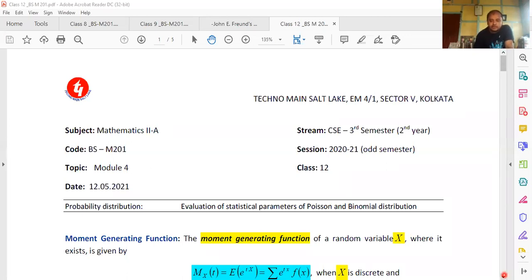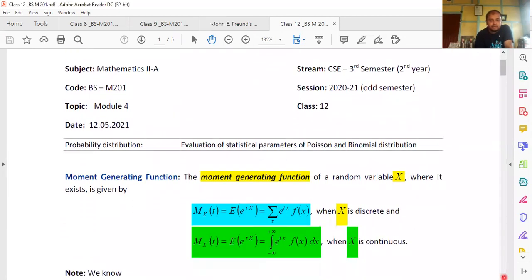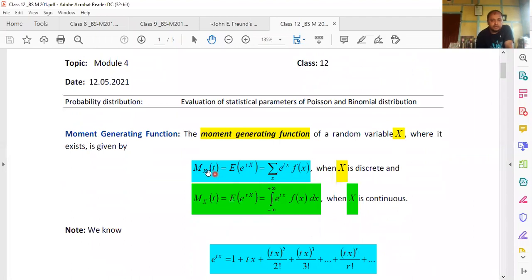First of all, you have to understand the definition of moment generating function. So the moment generating function of a random variable is defined as follows. We denote this by M_X(t). Here in the suffix, we have written capital X, which tells you the associated random variable capital X, and we have considered a variable small t, which is the input variable. Now that is equal to the expectation of e to the power tX. This is the definition of the moment generating function.